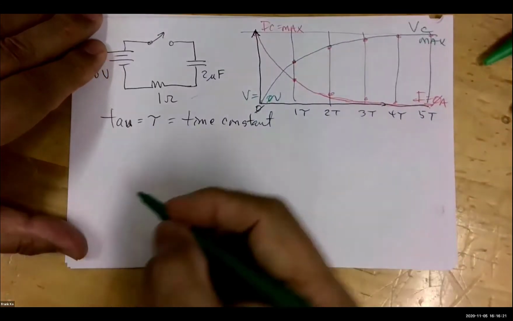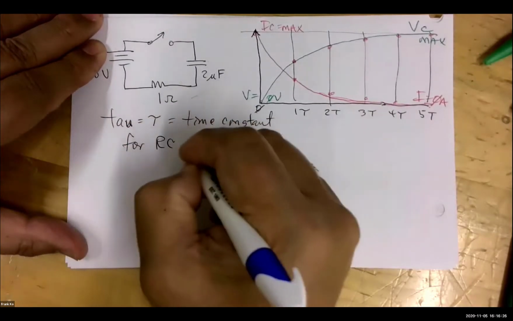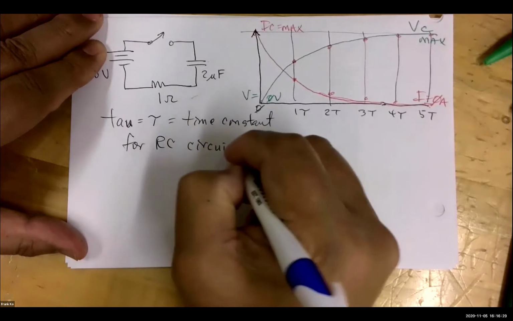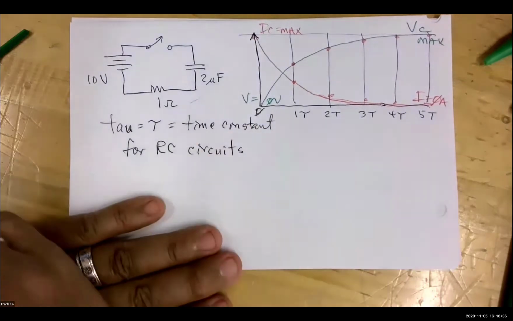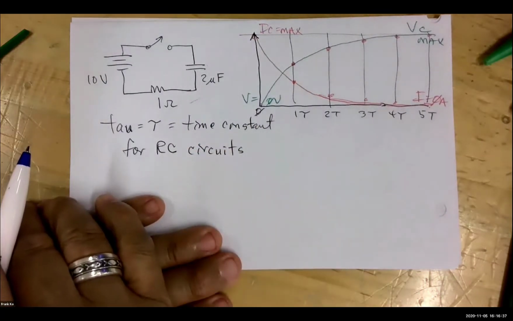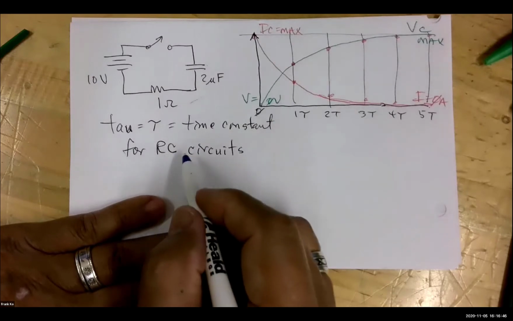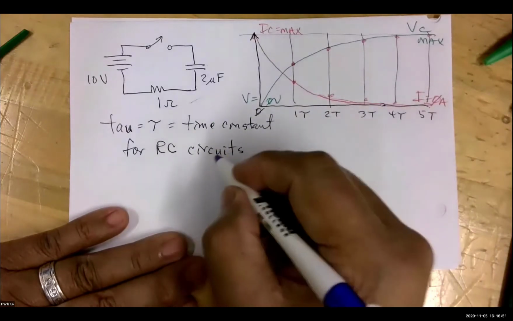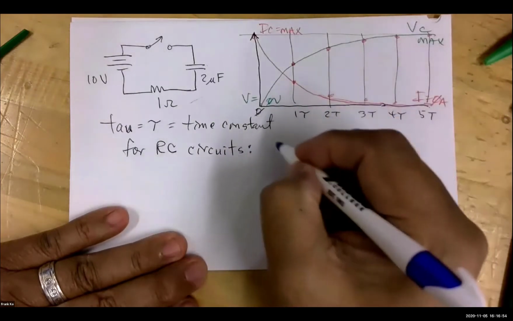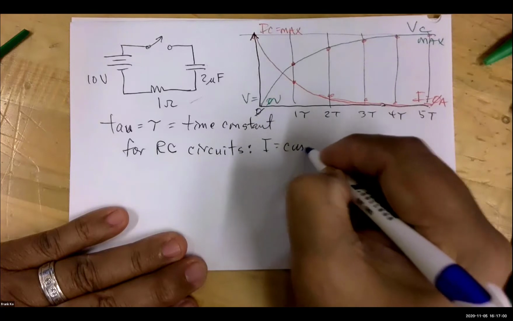So we can make this statement for RC circuits. What does RC stand for, Jacqueline? Resistance times capacitance. Yeah, we have resistance capacitance circuits. So in circuits where we have a resistor and a capacitor, we have this very interesting relationship. So for RC circuits, we can say current I, which is equal to current,